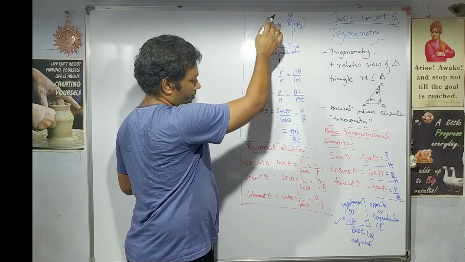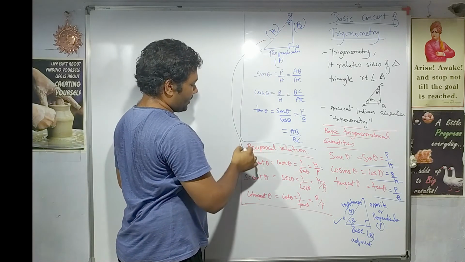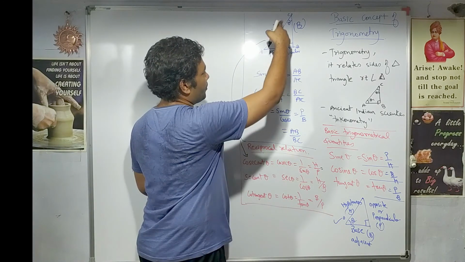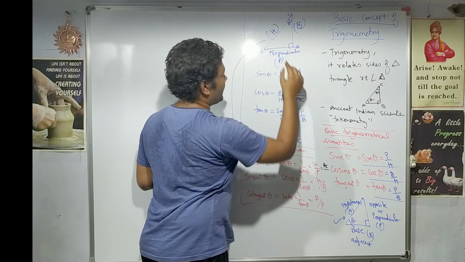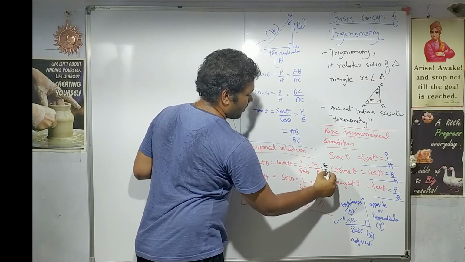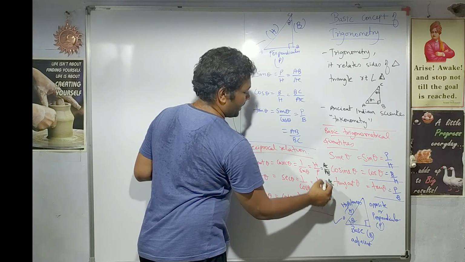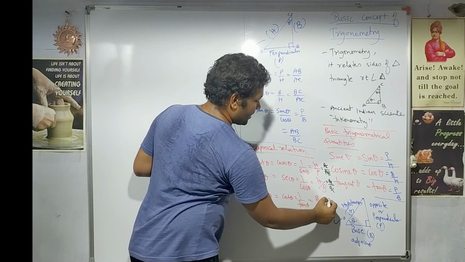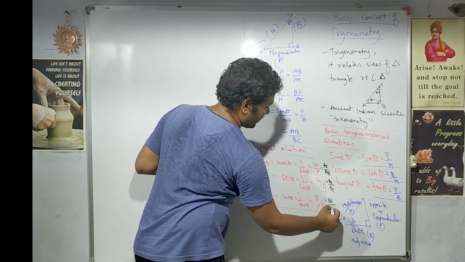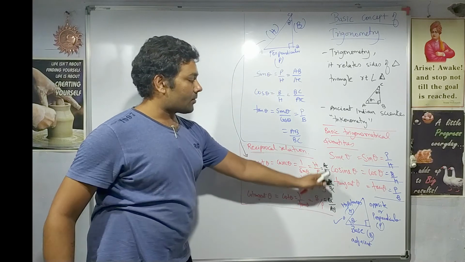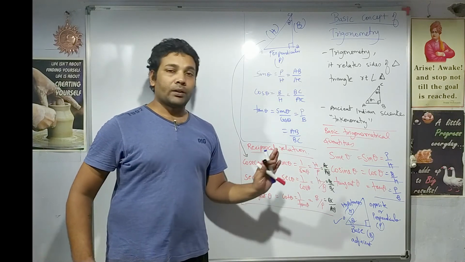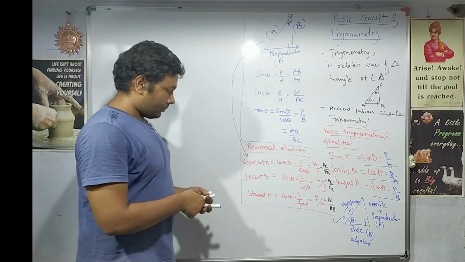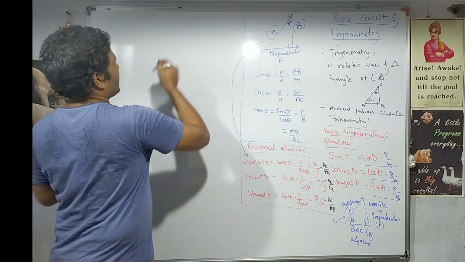Again we study with reference to this same triangle. With reference to this same triangle, if we write down its values, what will be the hypotenuse? AC. Perpendicular is AB, correct? Hypotenuse is AC and the base is BC, and perpendicular is AB. So in terms of sides or short notations, this is a reciprocal relationship.